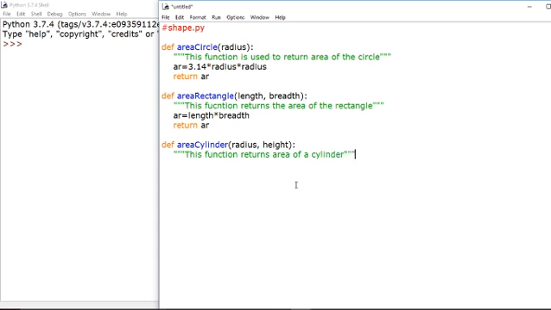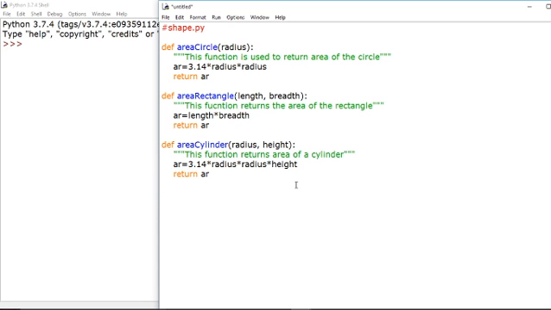Now ar equal to, how do we calculate the area of a cylinder? That is pi r square h. So pi is 3.14, then r square, that is radius multiplied by radius, multiplied by height. And then finally return ar.